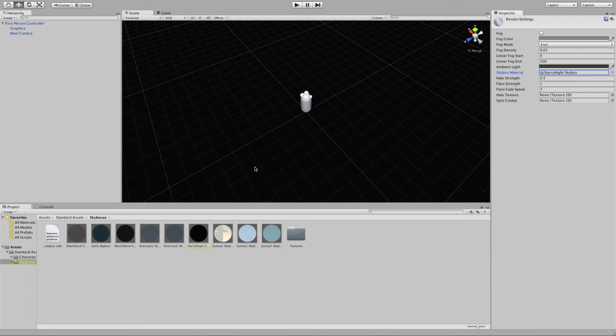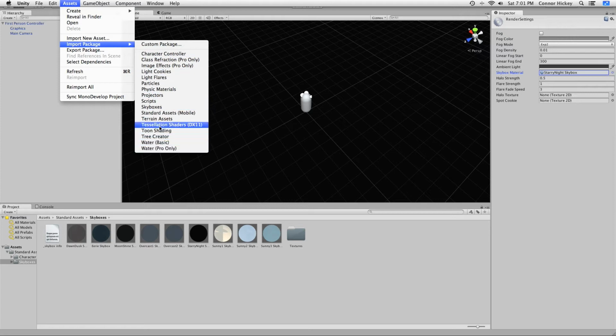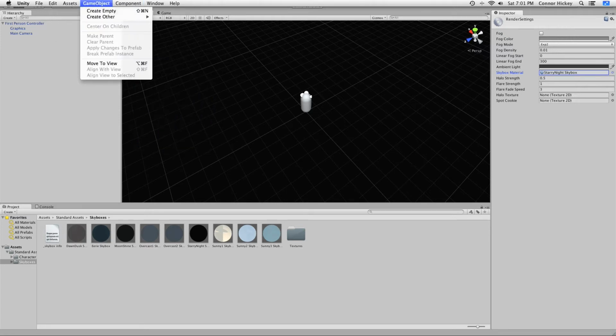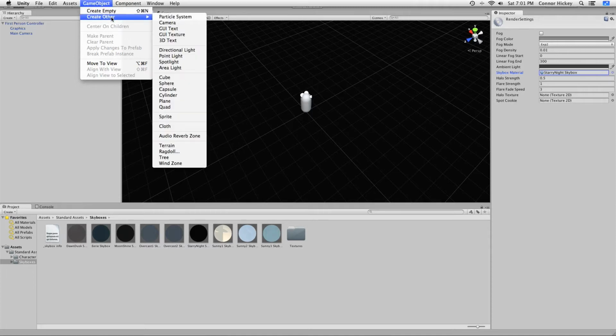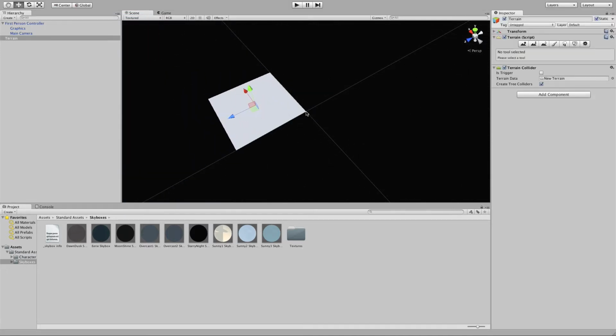So the terrain, I think it's an asset in here, isn't it? Yeah, the terrain asset. But we're not going to want to do that. We're going to go to GameObject, Create Other, and we're going to want it to be a terrain. Now, as you see, it's at the corner, so that this part is at 0, and we don't want